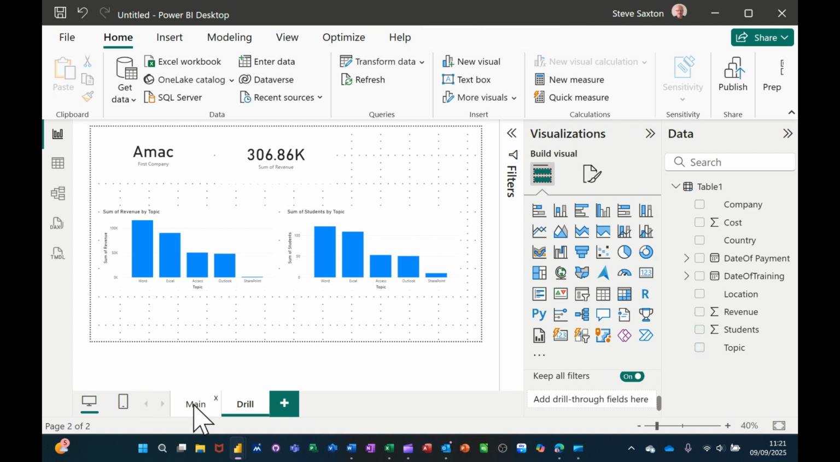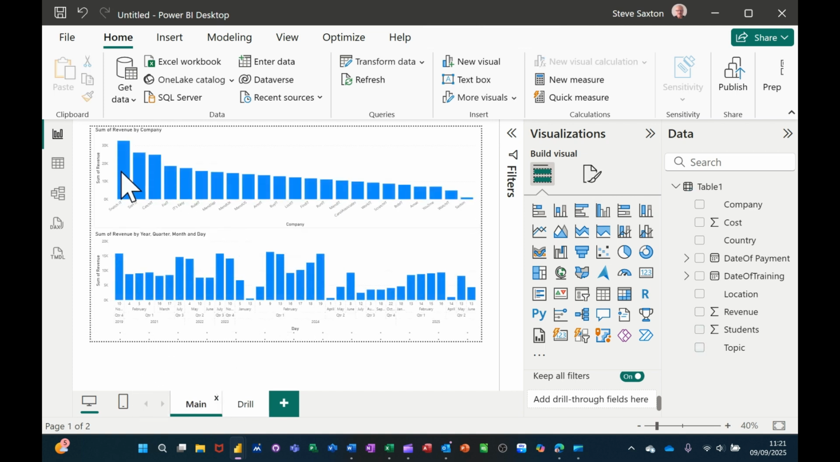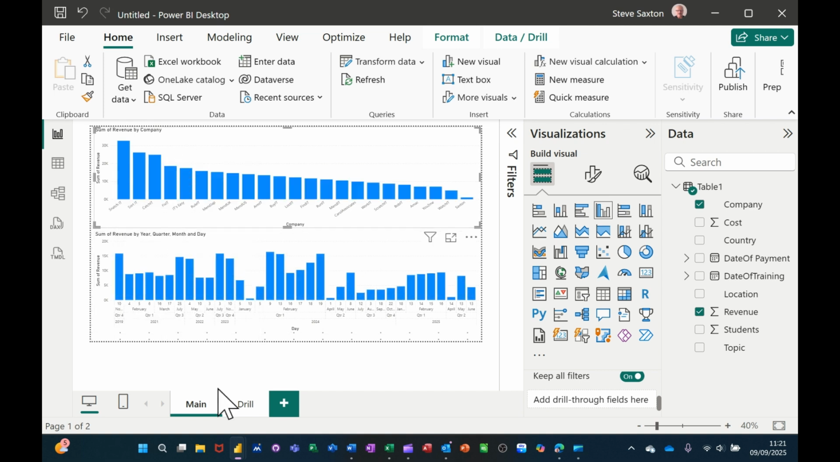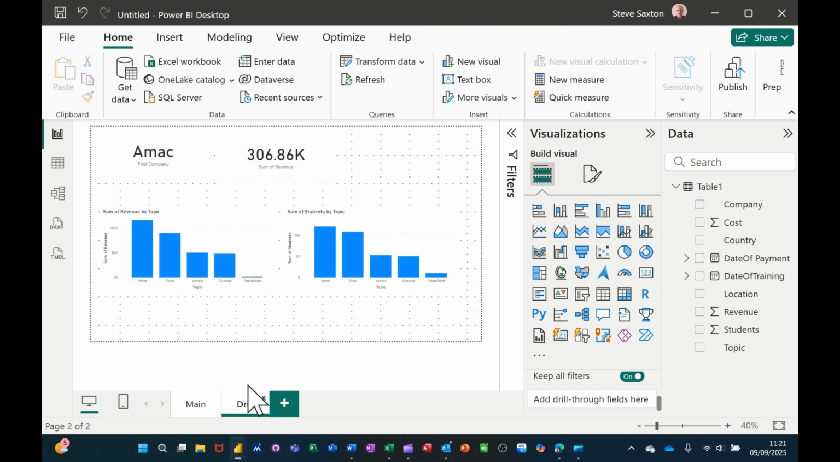So that means if I go back to main, what I'm doing here is I'm clicking on a company and I want to drill through to that company. When I right click, I want to see a drill through icon in here, and I don't see it at the moment. But if I go back to this drill through page and come down the bottom here,